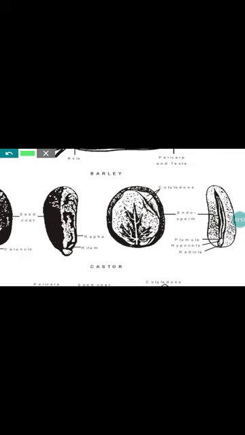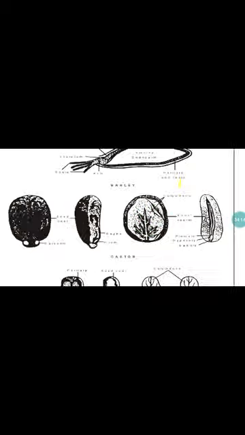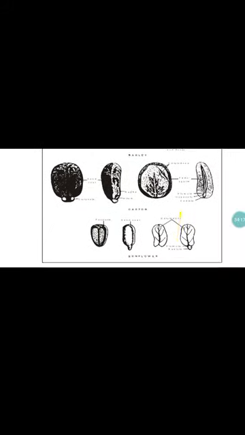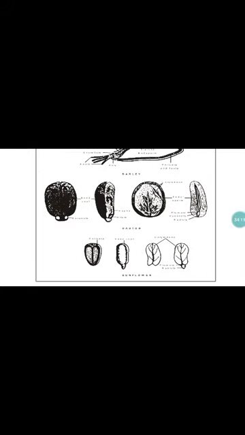On the inner side of the two halves, you can see a leafy cotyledon, a leaf-like structure. A thin, leaf-like white structure is available. You can separate it, just like making a dosa. You can separate both of them from the solid endosperm part. So castor is a very good example of a seed having a leafy cotyledon.